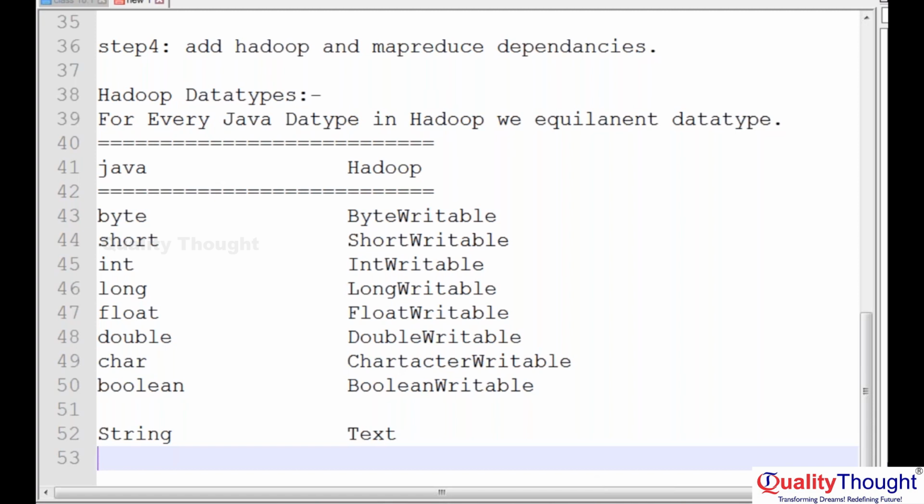Any doubt? So why does Hadoop require another set of data types? We already have Java data types, right? We are writing the application in the Java language. But why does Hadoop require other data types? If you observe,